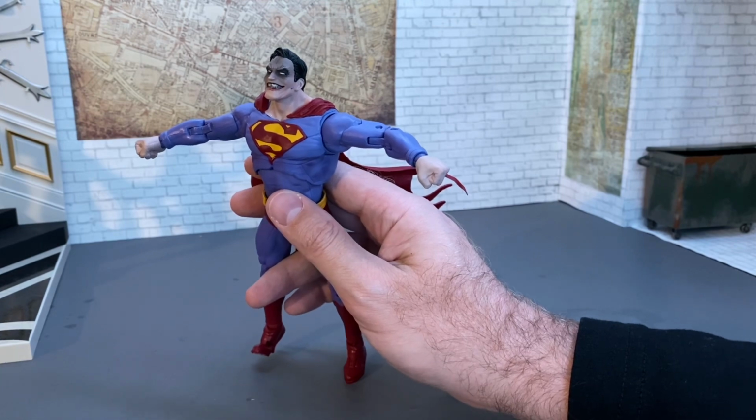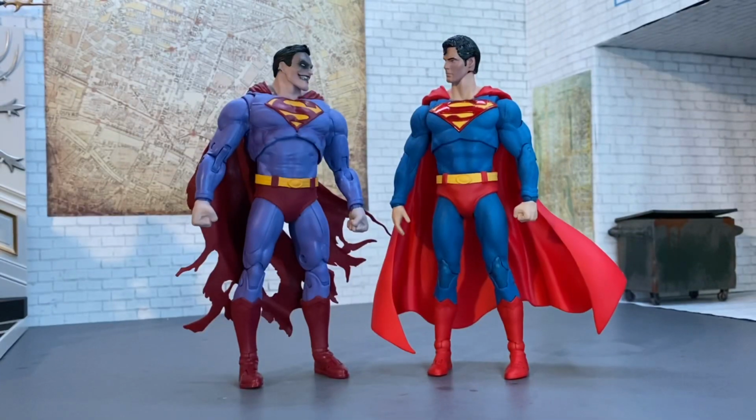Let's do some figure size comparisons. So here's a look at the McFarlane Action Comics 1000 Superman, and it's a little kit bash I did with a Christopher Reeve head, and I like the way it looks a lot with that head on it. And then we've got, of course, our Superman Infected, and the story behind it, which I forgot to mention. He allows himself to become infected so that he can infiltrate the enemy. But getting back to the figure comparisons here,